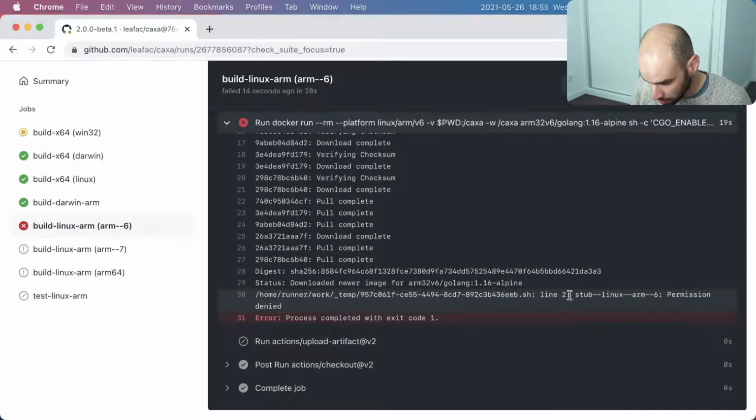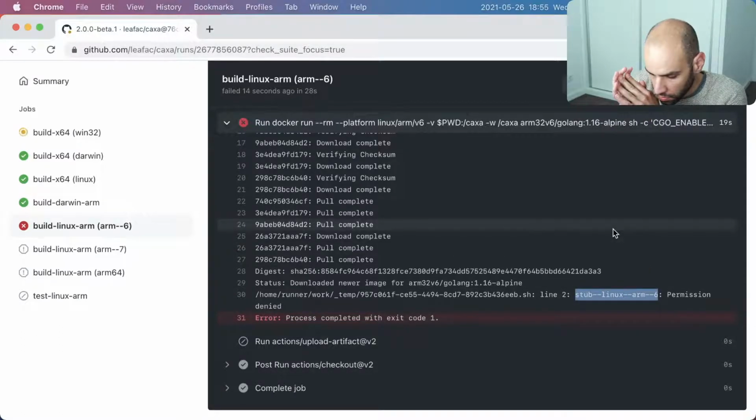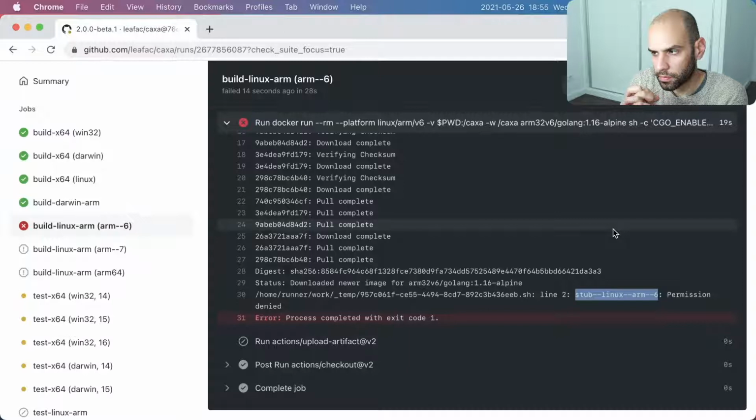Oh, so there is a permission problem when trying to, it's probably when trying to put the separator in place when we are echoing, and there is a permission problem because the file probably belongs to root, but outside the Docker container we are not root. Yeah, that's probably the issue here.